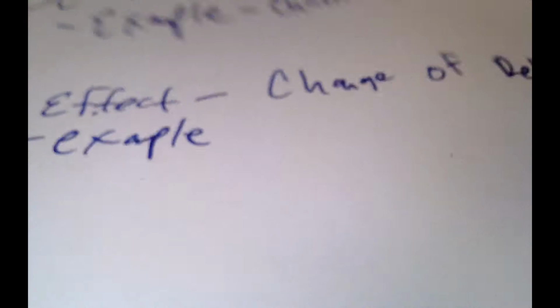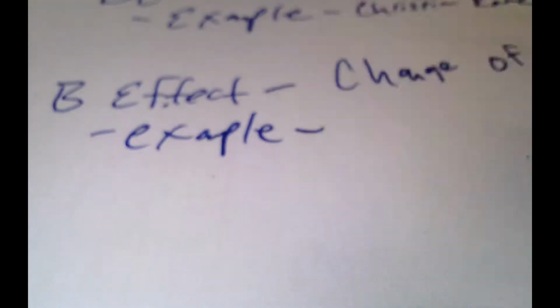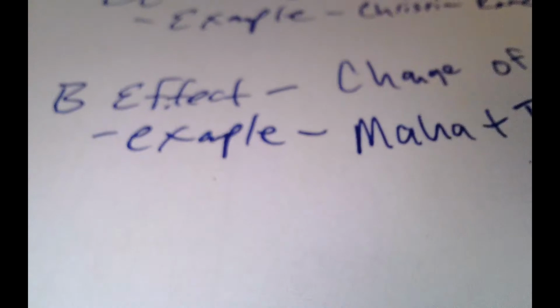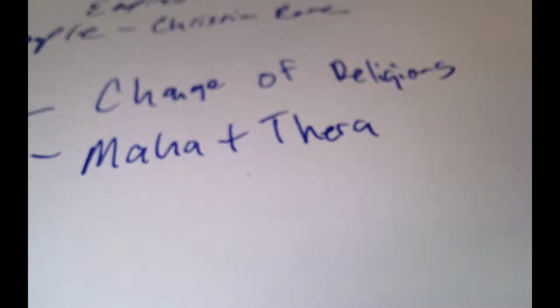And what's a good example of that? Theravada and Mahayana Buddhism. Good. Maha and Thera. And we can talk about how each of those happen. Are each of those a paragraph? Yeah, so each of these are going to be a paragraph, and the only thing that we are missing is